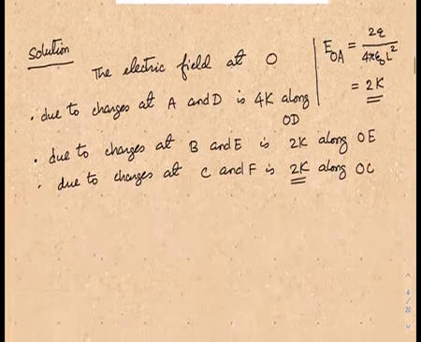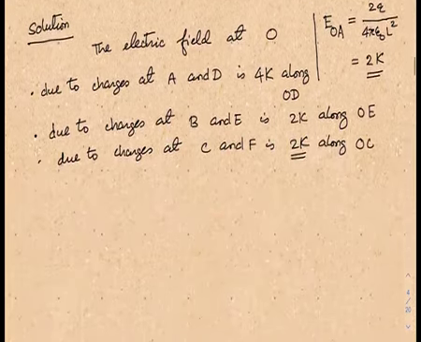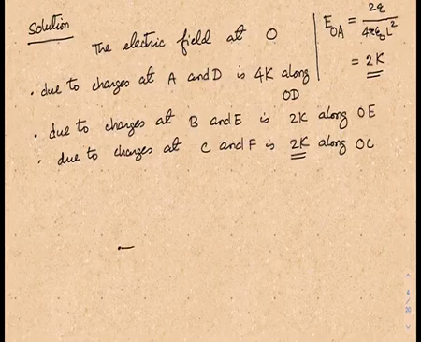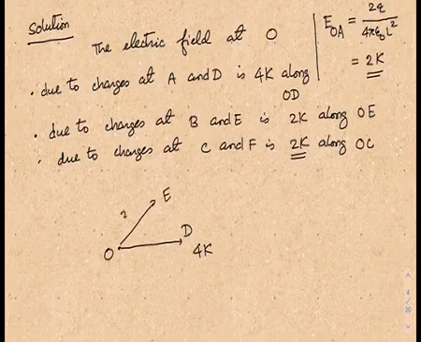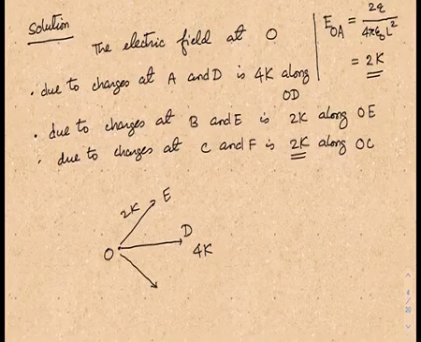So pictorially speaking, one is along OD, that is 4k, another one is along OE, that is 2k, and this one is along OC, and that's also 2k,